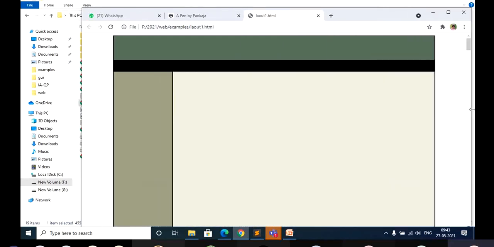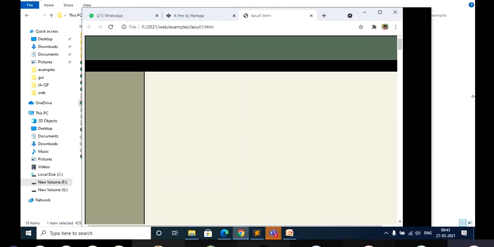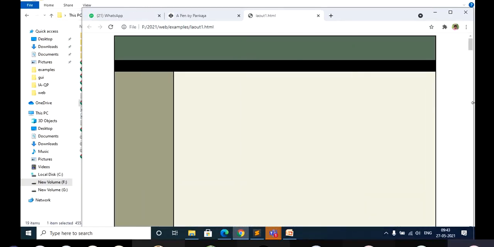Window size is fixed. Even if you get any content here, it won't change the window size. It will be the same. Also if you try to open this on a different screen, the size of this window is going to be the same. In case you wonder why I'm getting space here, that is because I have set the width of this particular page to 960. If you want to increase, you can increase.